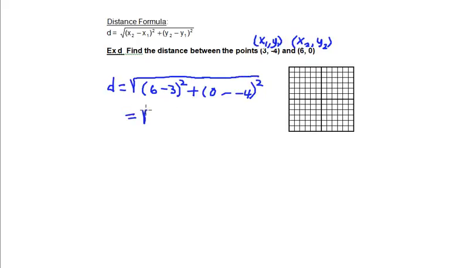So we end up with the distance being the square root of 6 minus 3 is 3, and we square that, that's 9, plus 0 minus -4 becomes +4, but we square that, and that's equal to 16. And now we've got the square root of 25, which is just equal to 5. And so that's a fairly straightforward result, but we can think a little bit more in depth about what's happening